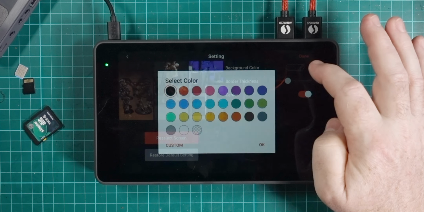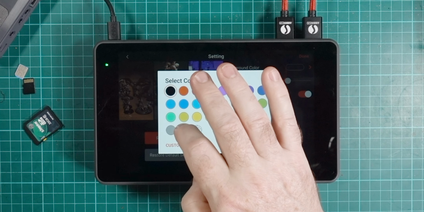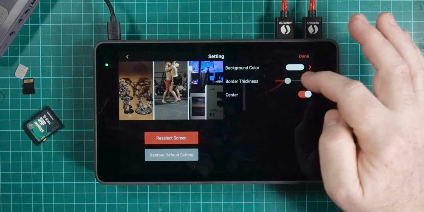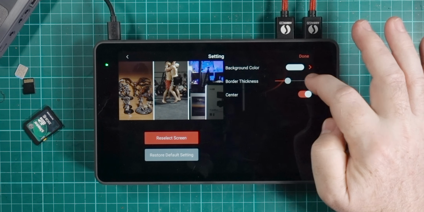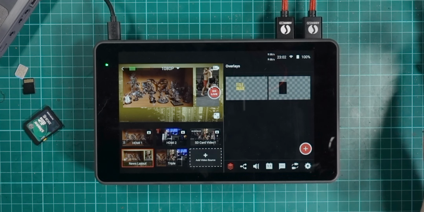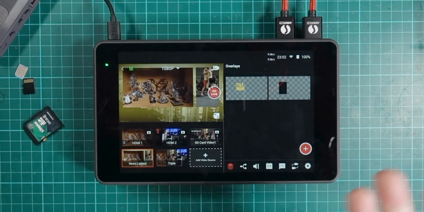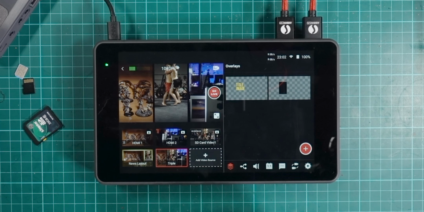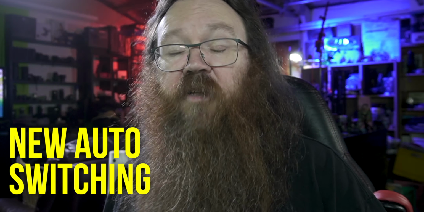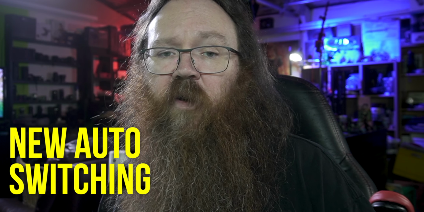You can also change the color of that border, so I could make that white instead of black if I wanted, for example, and you can see that a little bit denser there. That's something that you'll use depending on what video is coming into the 3 feeds to make it work properly, or a themed color for your show. So click on done, and as you can see, if I just tap there, that feed comes up same as any other video feed. The next feature in this update is the auto switching, which is an interesting one,